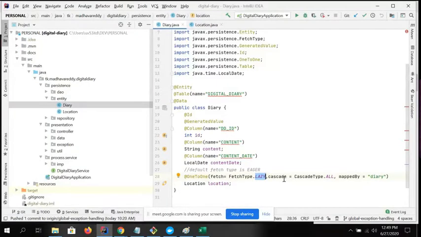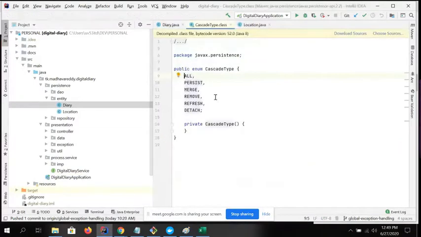And the cascade type: while performing persistence operations, what type of operations you want to apply, and while retrieving, what type of operations you can do. There are a couple of operations: persist, merge, remove, refresh and detach.